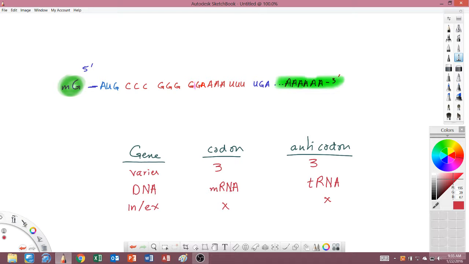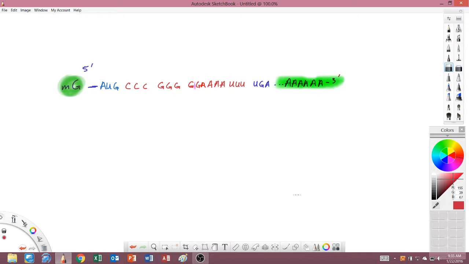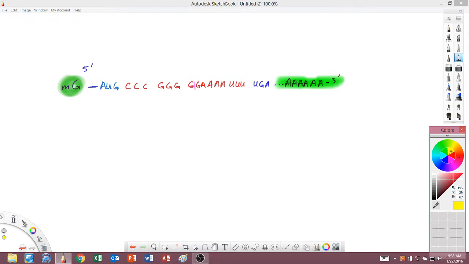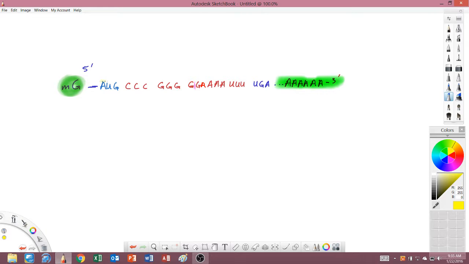Okay. Now, for example, not necessarily mutation. In mutation, I'll discuss it more, but let me tell you this. In translation, yes, the third nucleotide of anticodon is always variable. It doesn't matter if it's matching or not matching. The first two must be matching. Let me give you the sequence of, let's say, a codon. What would be the first codon in mRNA? What has to be the first one? AUG.